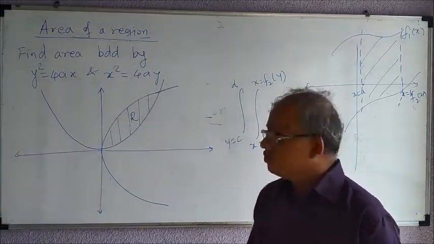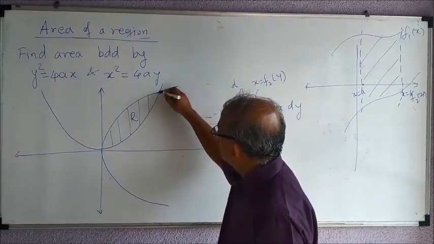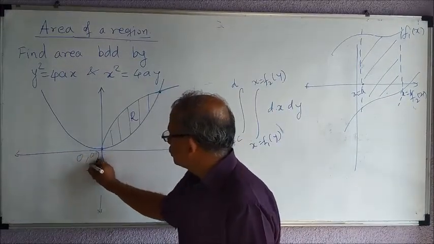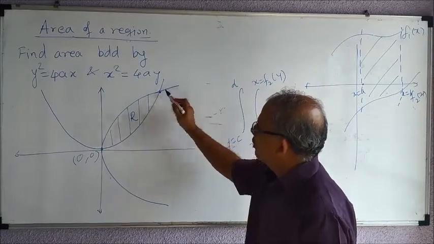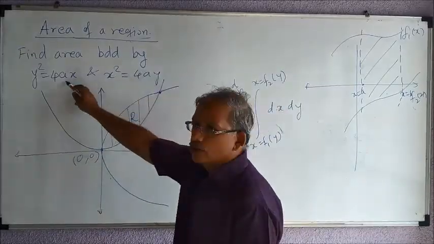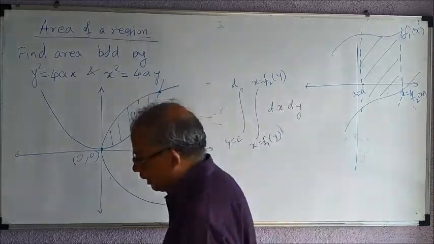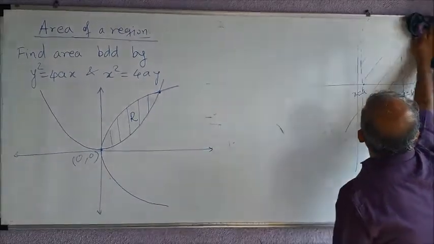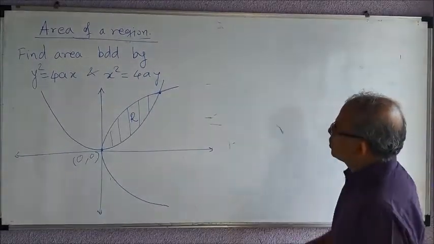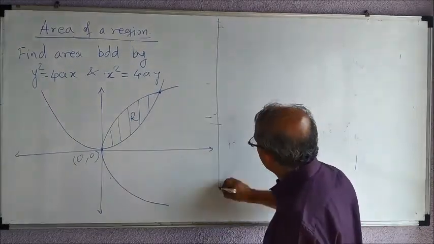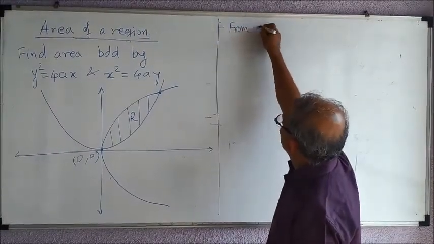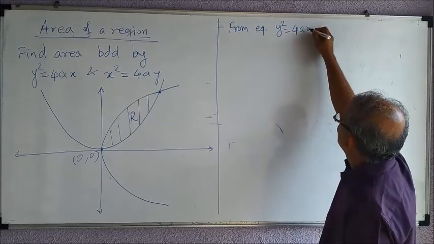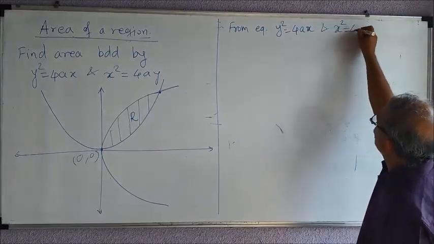Now before we proceed, what we require is to find out these points of intersection. Obviously this point is the origin, right? So we will find out the other point by using these two equations. One equation I'll put in the other one and we'll find out those points. So from equations y square equal to 4ax and x square equal to 4ay,